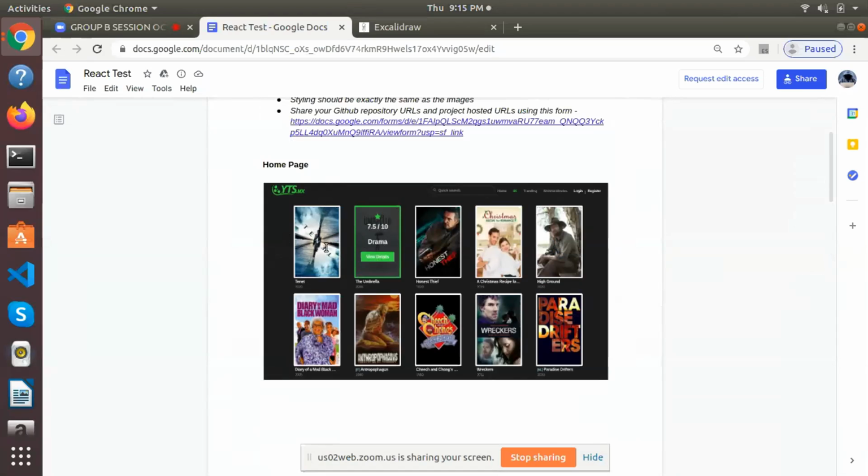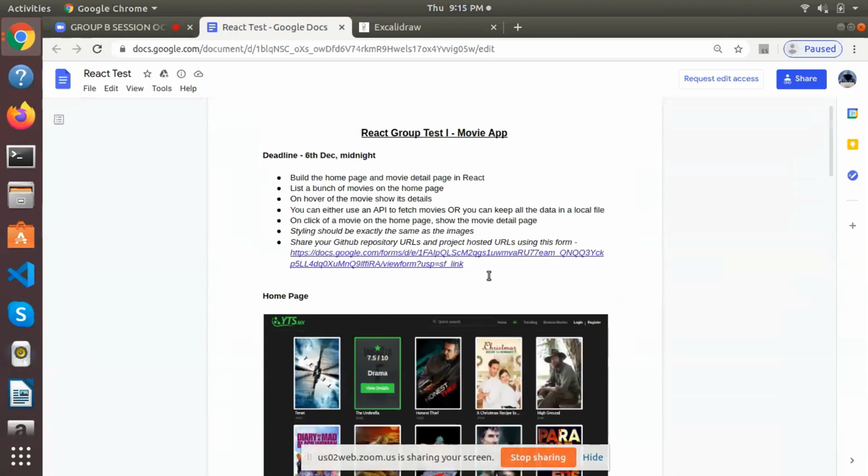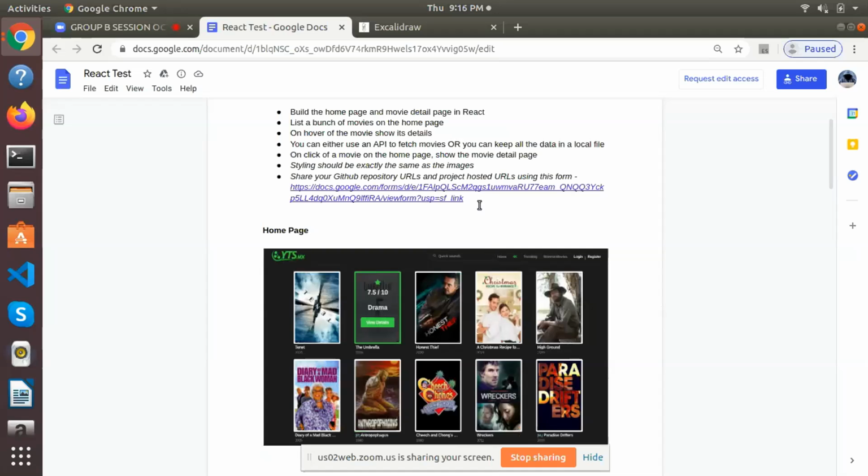You need the data obviously to show. For that you need an API, and I think Monica has used OMDB APIs, and Astos has taken the data from there and created his own data file. So you can do it both ways, right? But getting it from the API is more preferable, because it shows that you know how to get data from APIs, and you know all those fetching and component mount things.